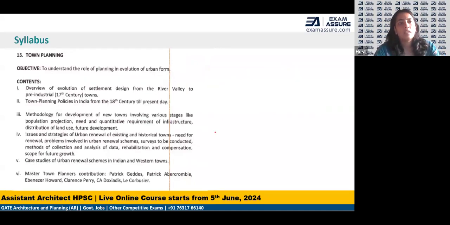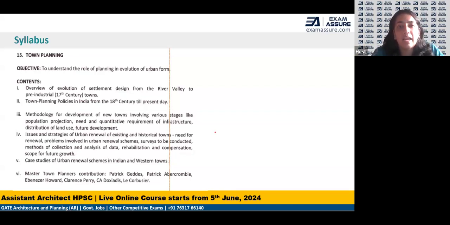Then coming to town planning, here, right from the evolution of urban form, how did the earliest settlements start, or how did your pre-industrial towns and their evolution, how that took place? Then coming to various calculations in urban planning, right from population projection to infrastructure, distribution of land, etc. Plus more focus on historical towns, urban renewal, plus what all schemes are there, ongoing schemes, surveys, types of surveys that are there,